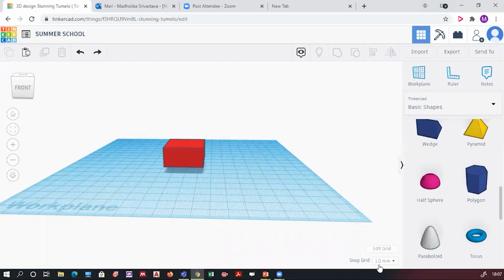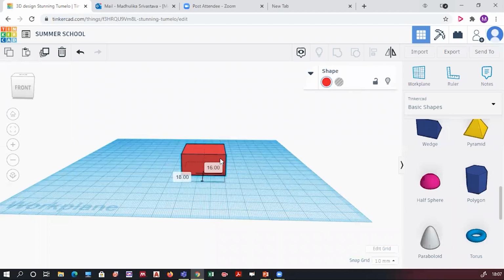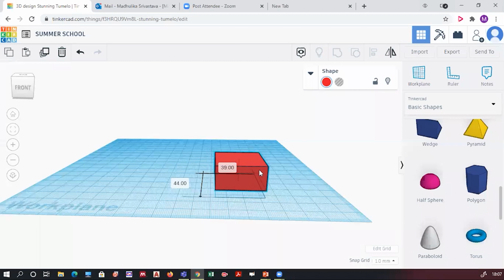Now snap grid. What it does is, when you drag your object on this work plane, it is moved by a certain distance. Snap grid offers you the option to move the object by a particular distance. Right now, if you see, my object is moving by 1 mm. Why?